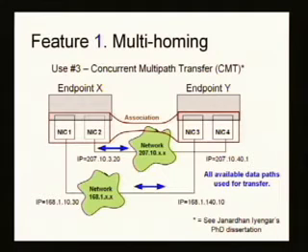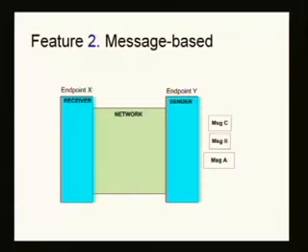This is an extension that is actually available on FreeBSD 7 that you can just turn on with a system control command. There are a lot of interesting research issues with respect to scheduling messages, and how it all happens isn't as simple, but as a feature, it's there, and so as a user, you can use it. So that gets us past multi-homing. A simpler feature is the fact that SCTP is message-based.